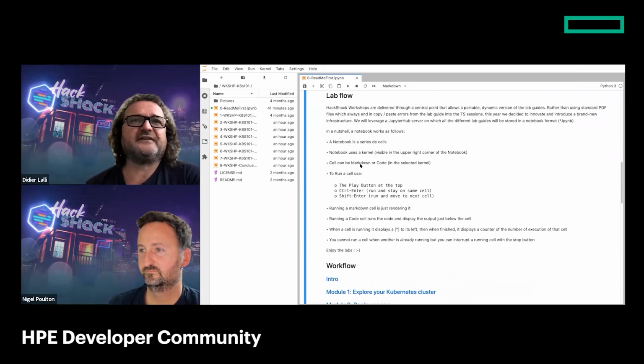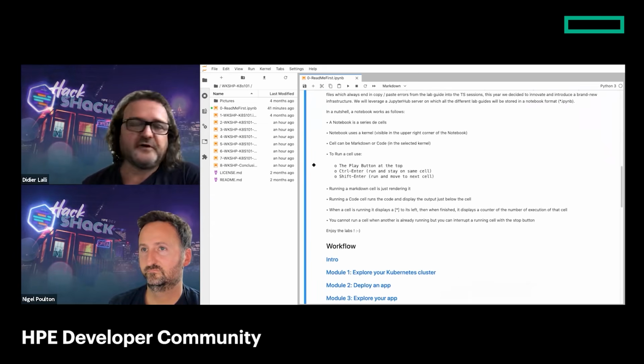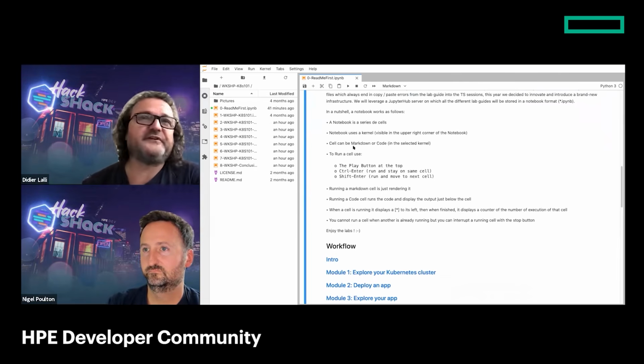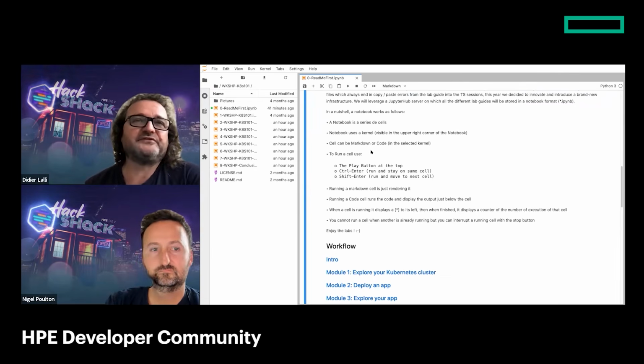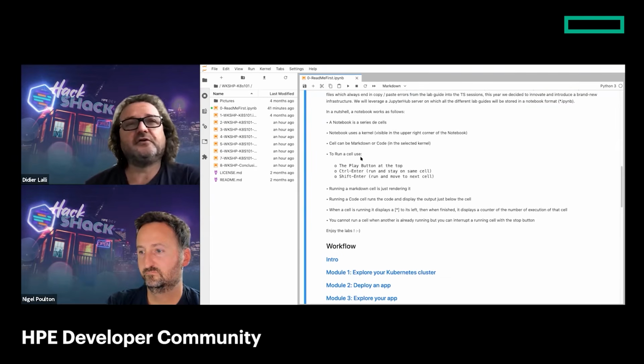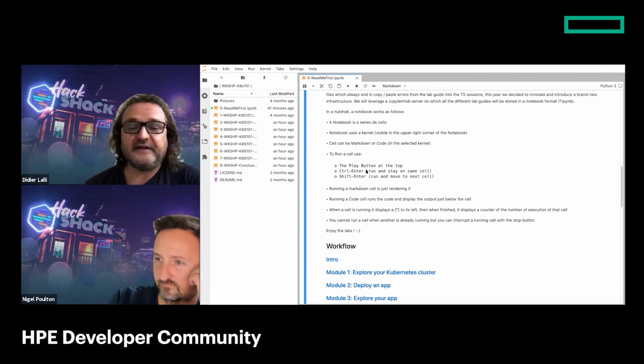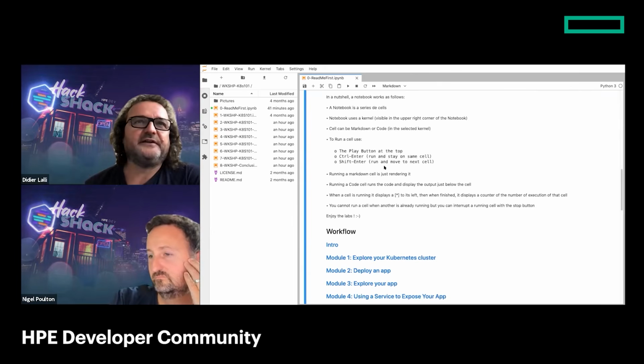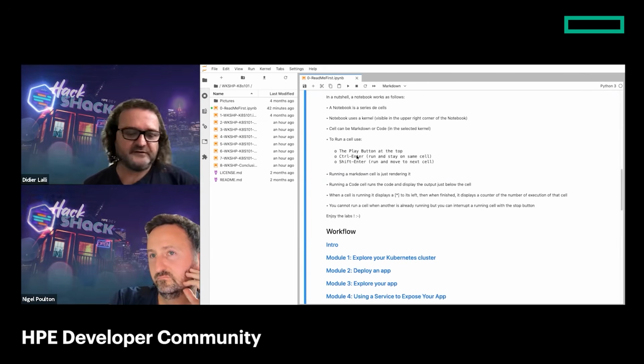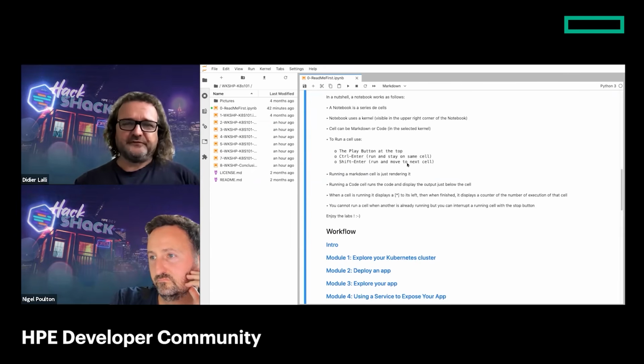And as I said, you have either markdown cells or code cells. When you want to run a markdown cell, all it does is render it and go to the next one, which I'm doing now. When you run a code cell, it executes the code that is in the cell. And you can just use the play button at the top here, or you can use Control-Enter on your keyboard if you're a keyboard guy, or Shift-Enter. And it's important to know the two different ones here,